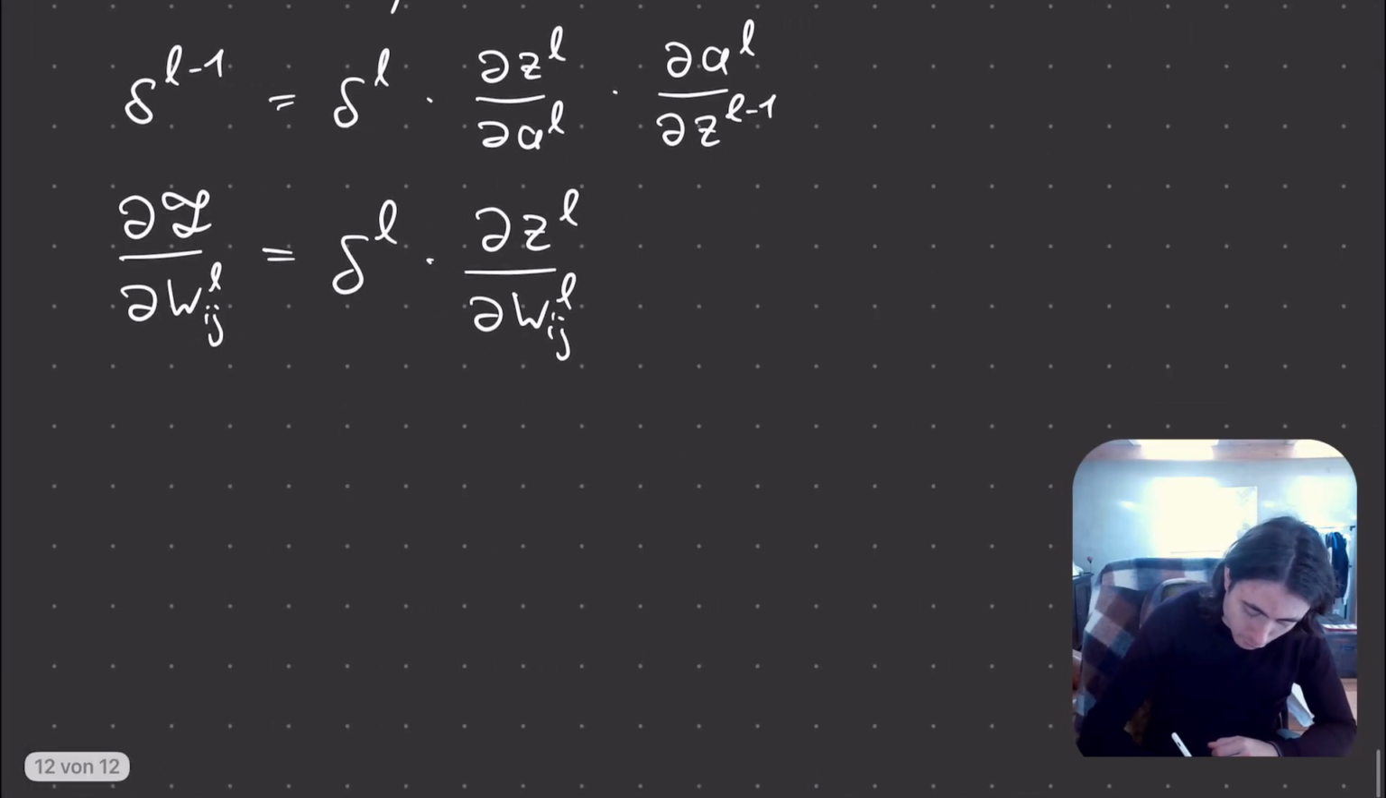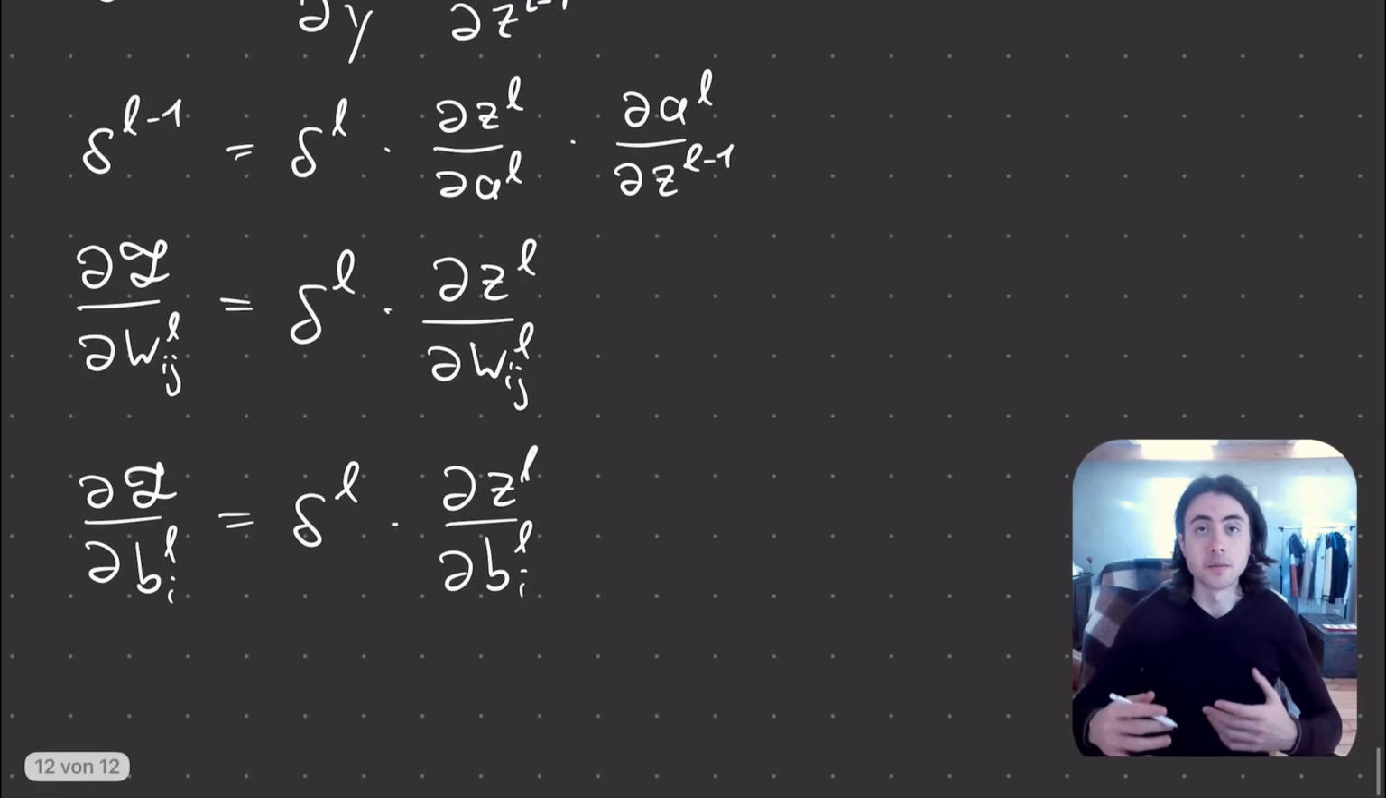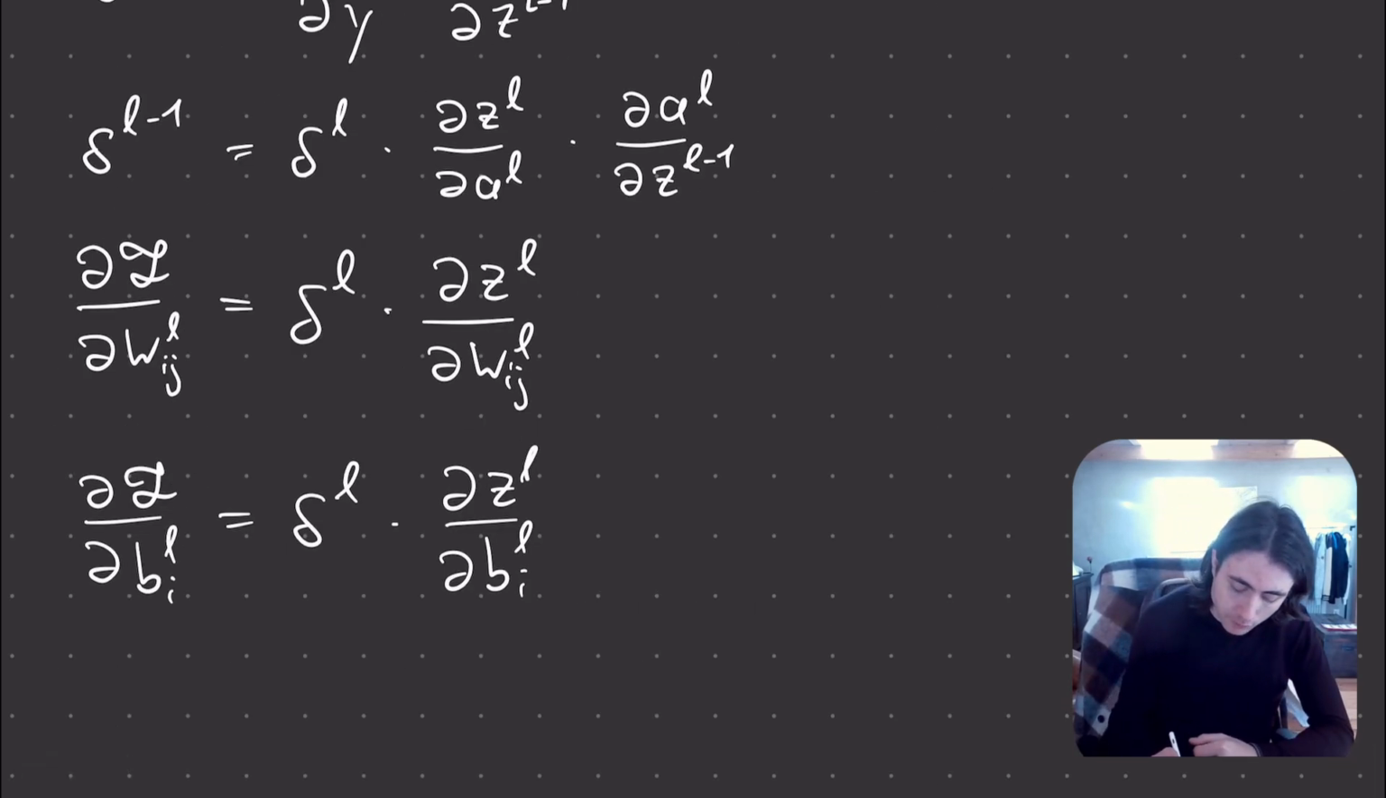And the same goes for the bias. So the derivative of the loss with respect to some bias parameter is the same as delta L times the derivative of ZL with respect to that bias parameter. Okay, but in the last video we have already computed this term here in the case where L was equal